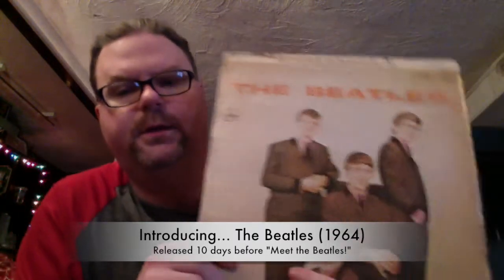Introducing the Beatles. So the story behind this record, the original version, is that Capitol was giving George Martin a lot of trouble with releasing the Beatles albums here in the States. And he was forced to go out into all of these small record labels like VJ, and you can see the VJ symbol right there. VJ, Swan, little labels that really weren't that big, and he basically put these albums out without the